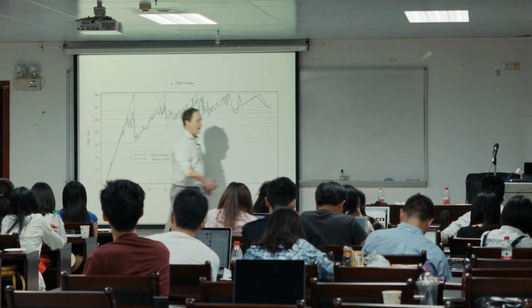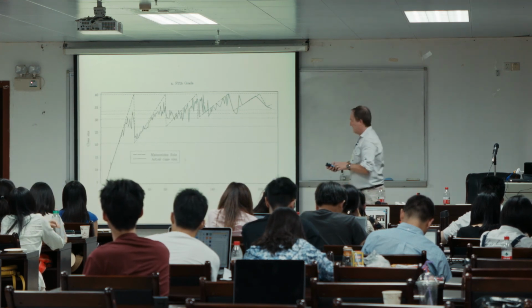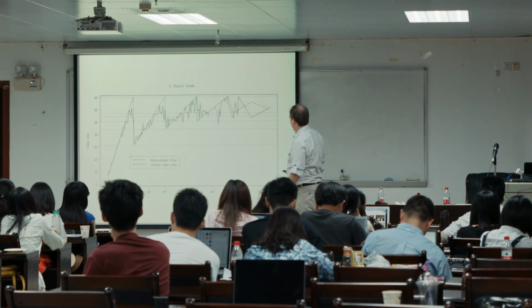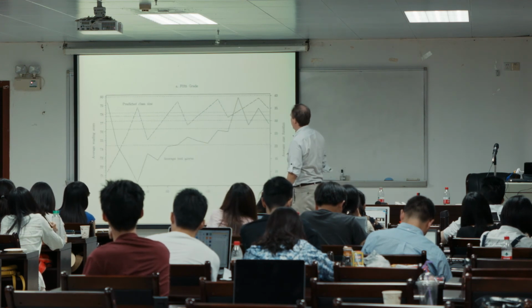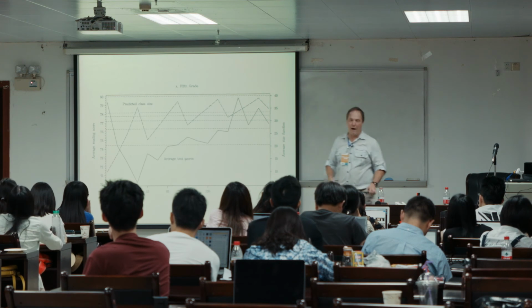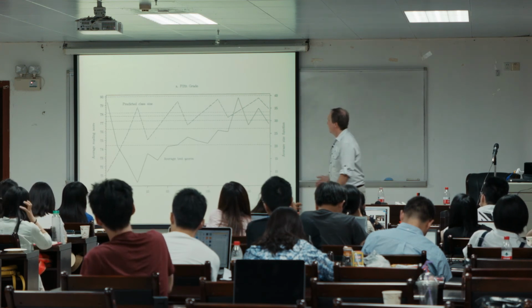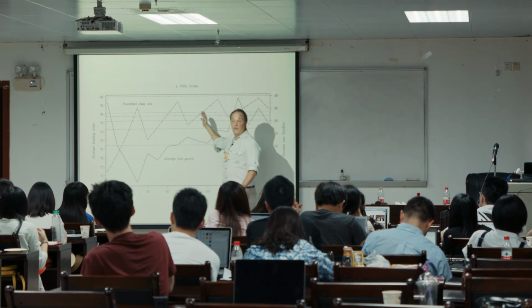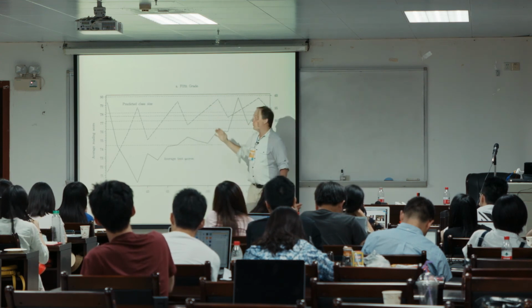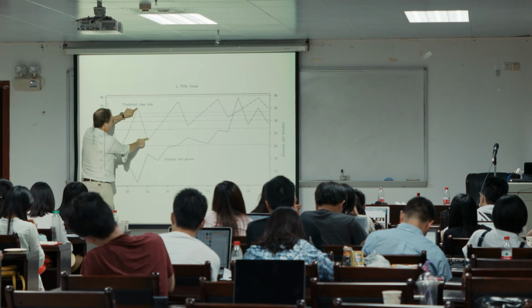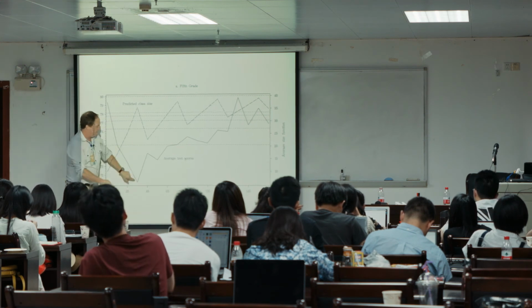So this is for 5th grade. Here's the same thing for 4th grade. So it works pretty well. Here's a graph. It looks much nicer than it actually is because of the way they divided the data. But what you should see is these things should be mirror images of each other. So at the point in which the predicted class size drops a lot, you should see test scores go up